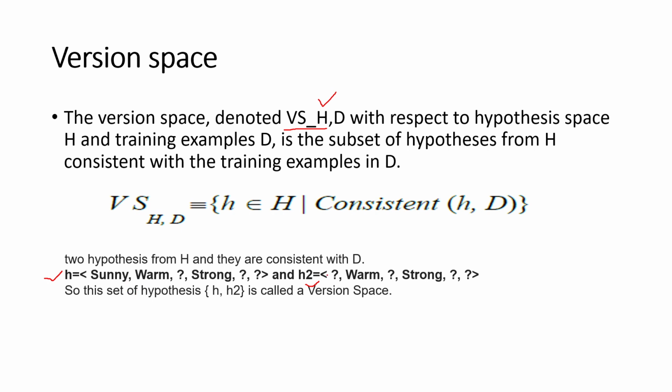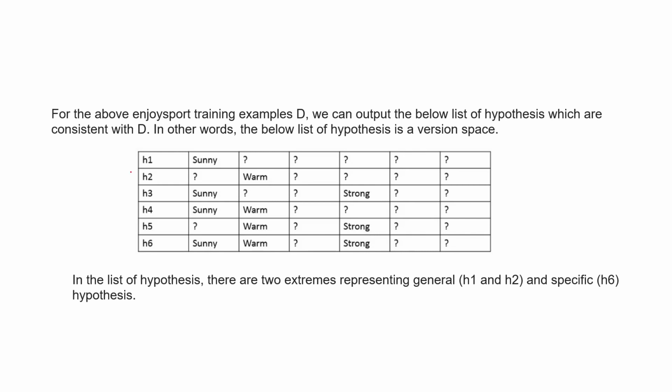See, H and H2 form a version space because all these values are here in H2 can be anything, but here the question mark is there. So both, it is a subset. H is a subset of H2. In this case, for this example, you can trace whether H1 and H2 are part of that, H1 and H2,